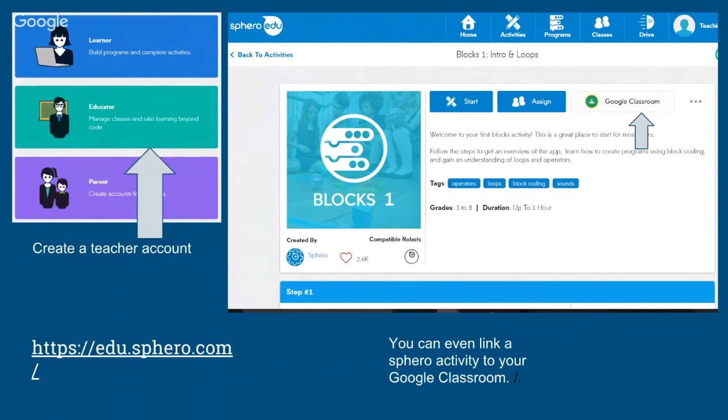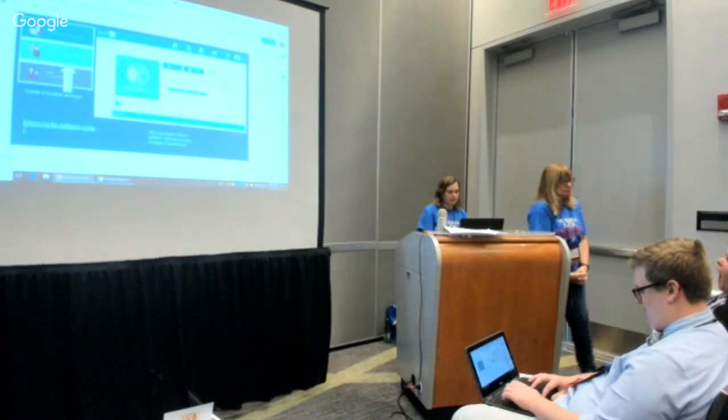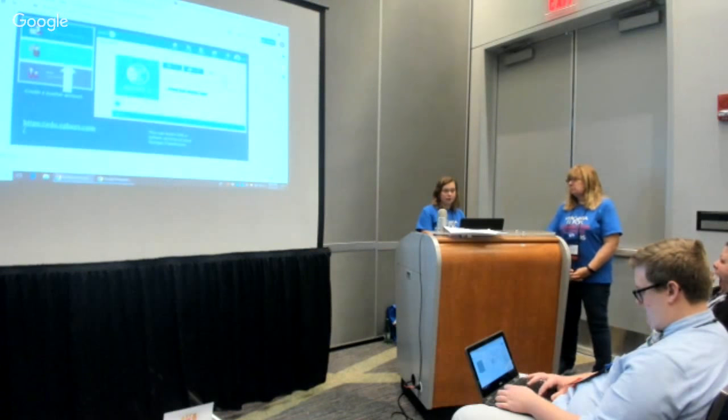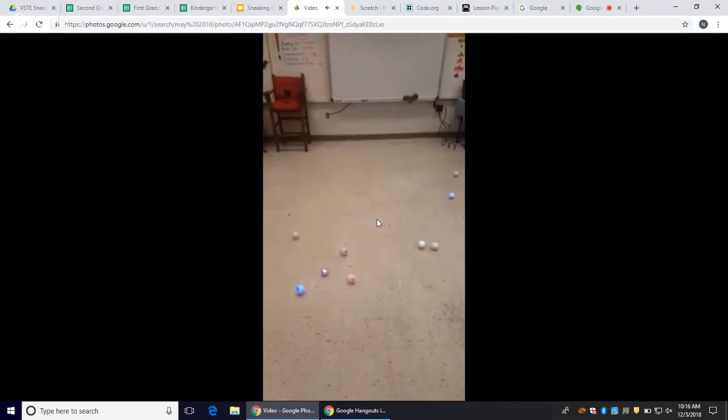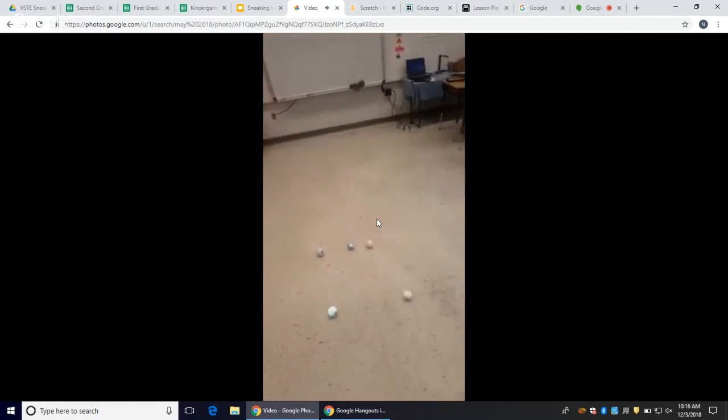And I'm going to show you an example of one that we did last year. We're going to have to get out of this and go to my pictures. When I covered the solar system with my 6th graders, there was a ready-made Spiro lesson on the planets. So we set up the sun in the center, and then we coded each planet to move. We didn't quite make it, but we got really close. This was probably the best one. Some of our planets were a little bit out there. They kind of got lost in the Milky Way or something.